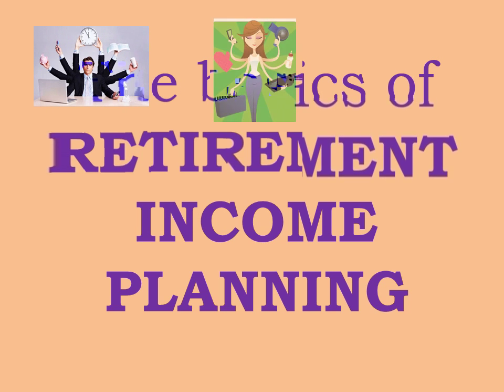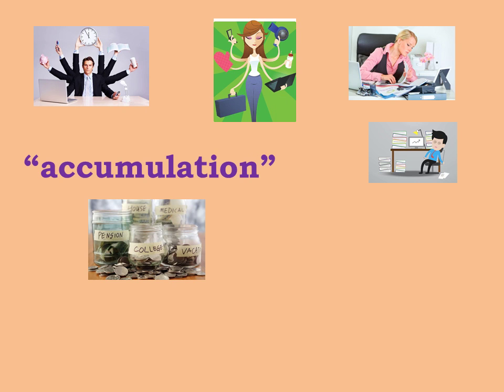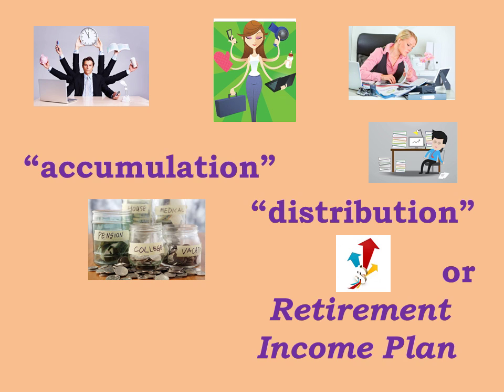You've spent your life working hard to earn all the money you need to pay your living expenses, and hopefully to put away enough money for your retirement years. In financial circles, we refer to this as accumulation. Then, when you've reached that point in your life when you're ready to stop working and enjoy the leisure time that you so justly earned, you will need a distribution or retirement income plan to fund your retirement in much the same way that you needed a retirement savings plan to save for retirement.